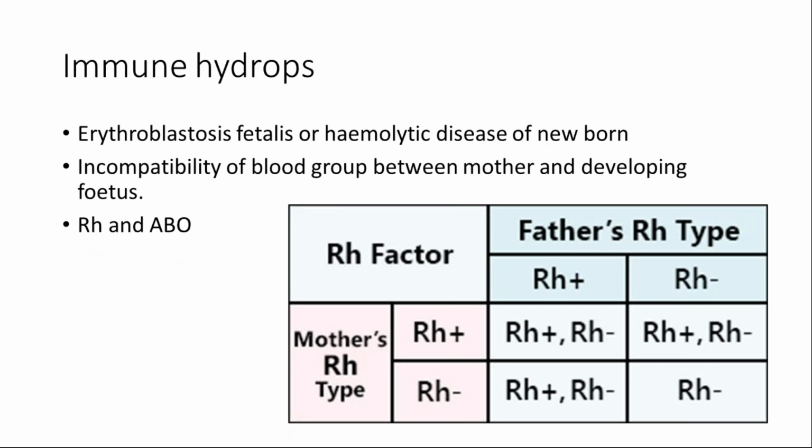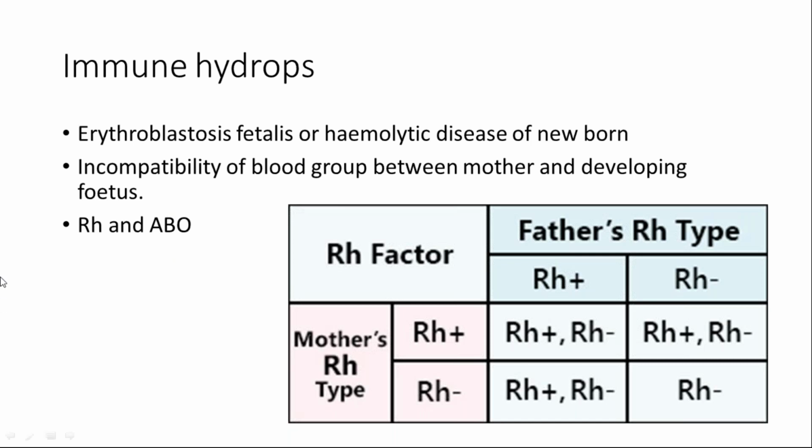So what is the reason? The main reason is when the mother's group is RH negative and the father's group is RH positive, we'll see this kind of transmission of RH antigens into the mother. So the major cause is the D antigen. In the RH factor there is strong D and weak D. So the D antigen is the main cause for the incompatibility in immune hydrops. Apart from RH, even a minute amount of ABO incompatibility can also cause this immune hydrops.